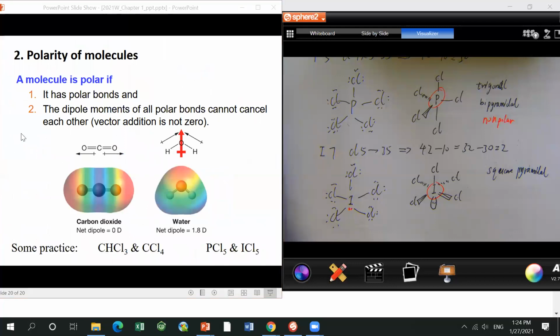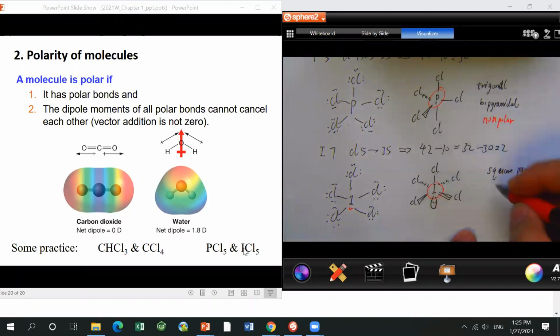But you had better keep a little bit of the idea. The last example is actually pretty good. It showed you these two molecules that have similar formulas, PCl5 and also ICl5, but they may have different molecular shapes and then different polarity. So the last one,